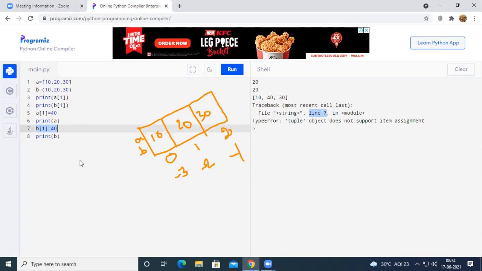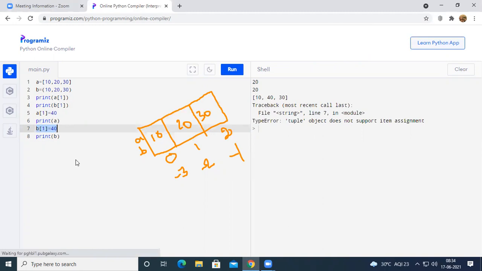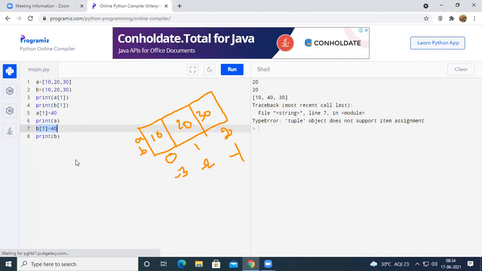Immutable in the sense that we cannot change the values once they are created. For example, if a tuple is created with 3 values, we are not allowed to change those 3 values. If you want to add one more value, we can add a 4th value, or a 5th value, or a 6th value, etc. But if you declare a tuple with n number of values initially, you are not allowed to change those values. When you try to change them, Python is going to generate an error. That's why we call a tuple immutable. Immutable means they will not allow the values to be changed.